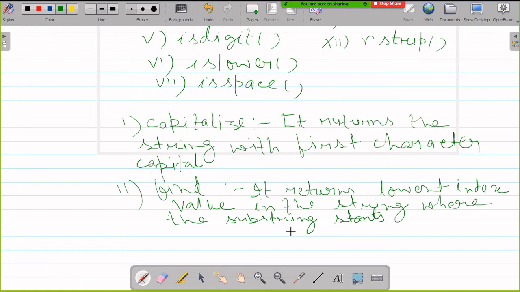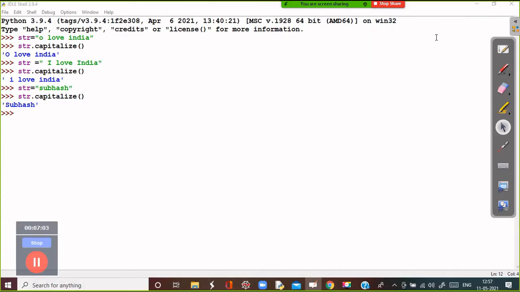Now you can understand this through this example. Now suppose the string is India is a country. Now I want to find the starting position of the substring each.